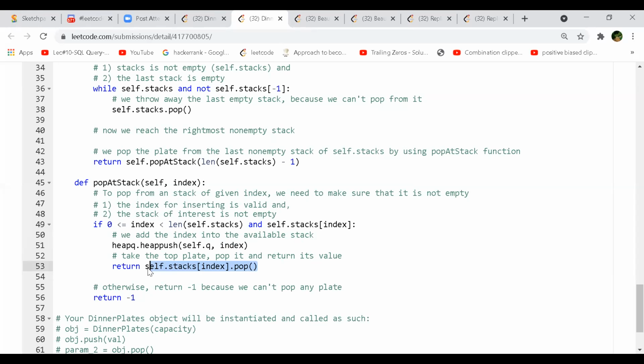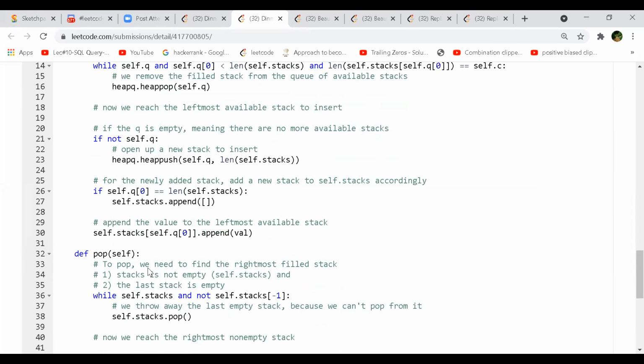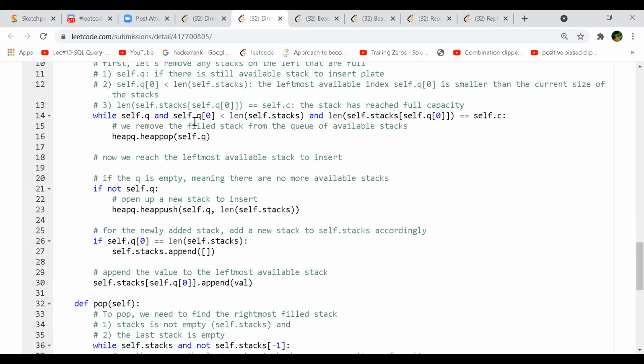Okay, so you are pushing that over here. Can we slightly go up to where you do the checking of the capacity? I think you do it only in the push. Okay, so you check if the capacity is okay, that is different. But here, the length of self.stacks, self.queue, the top one, is equal to the capacity.